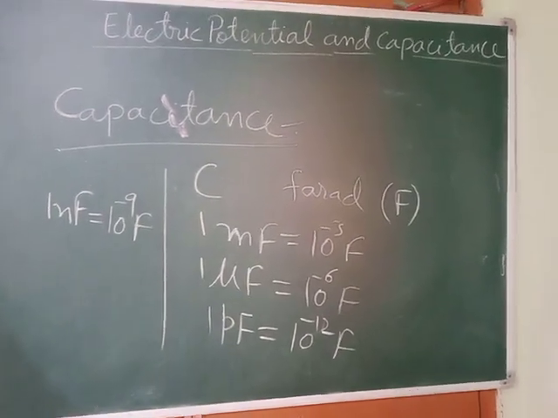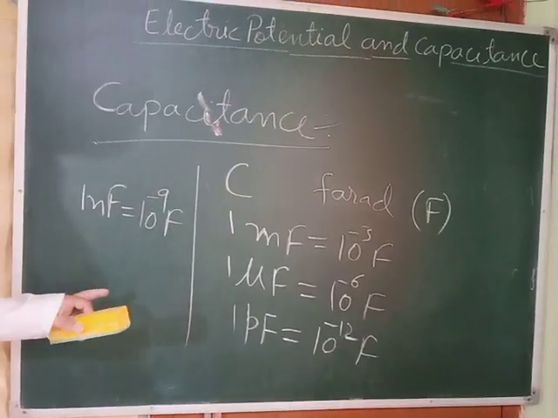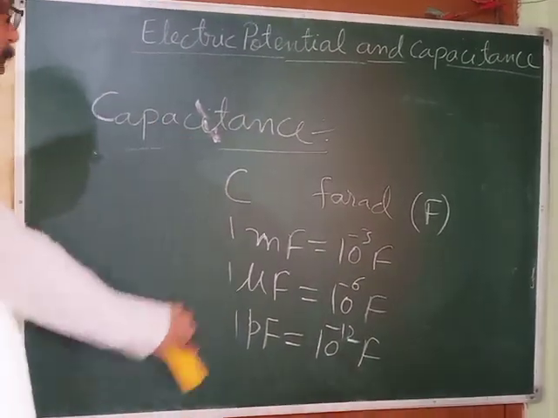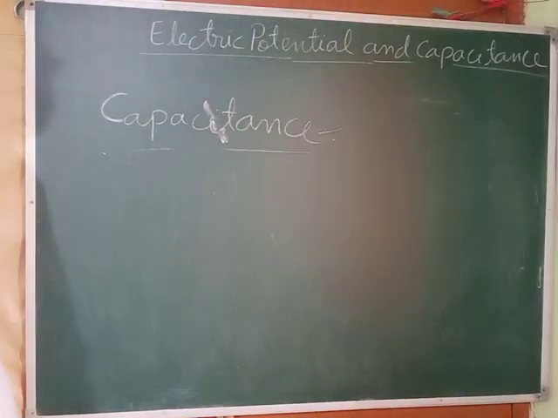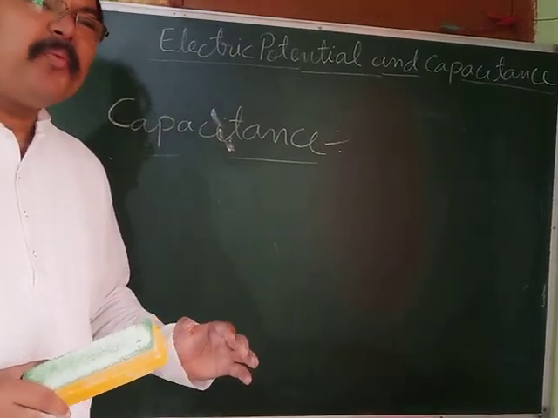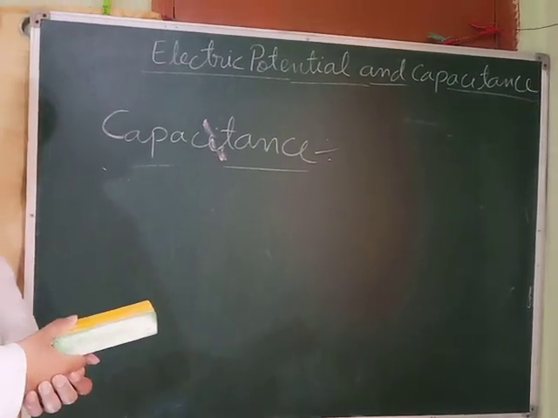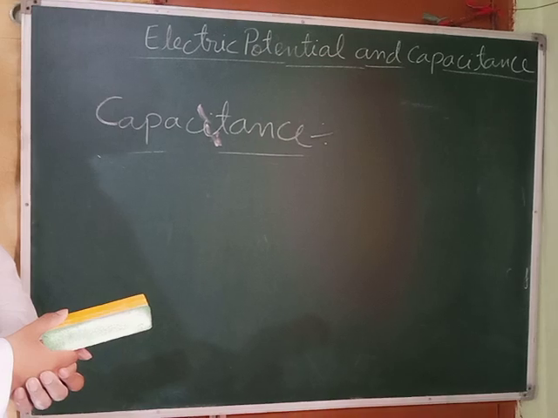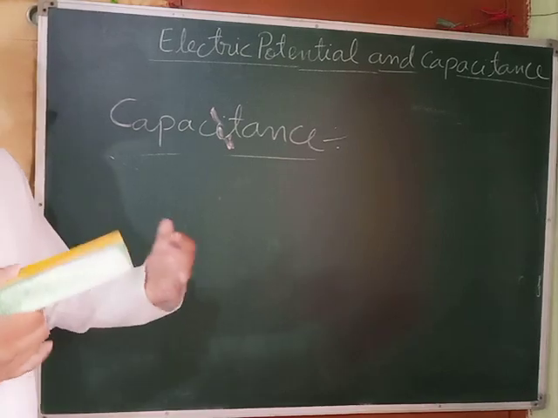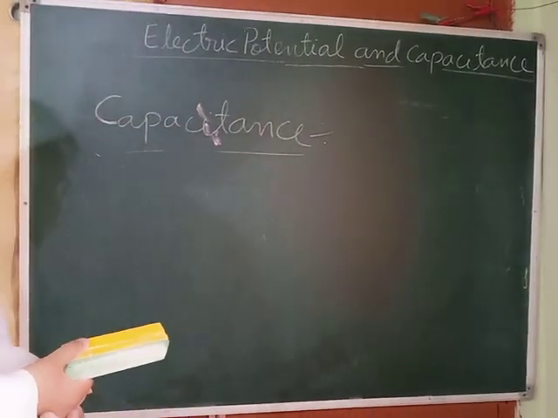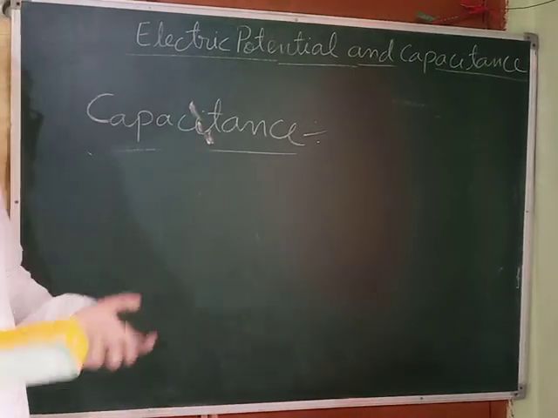Okay. Now it's time to get the expression for it. Okay. Written these units. Now how to get the expression for it? Start writing. When the charge is increased on a conductor, then its potential increases, then the potential on its surface increases. Okay. When the charge is increased on a conductor, then potential on its surface increases.